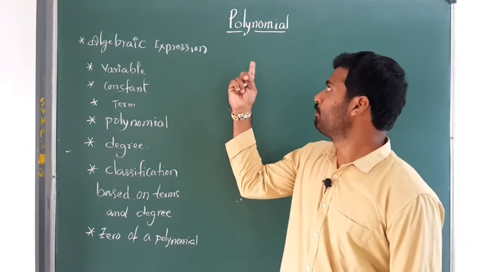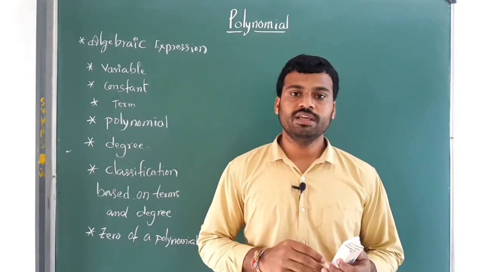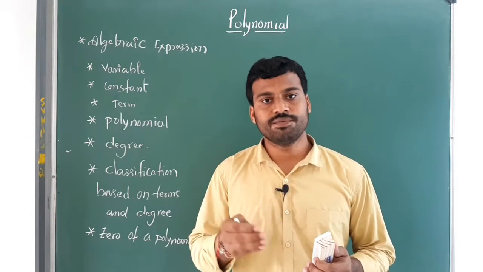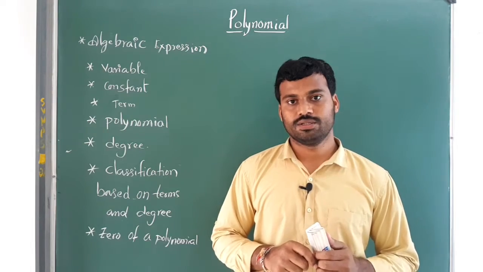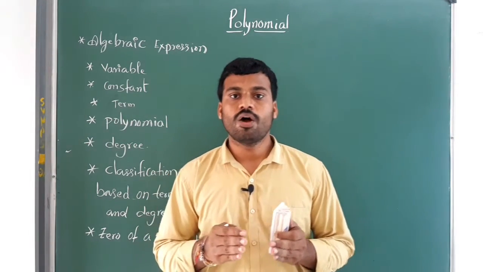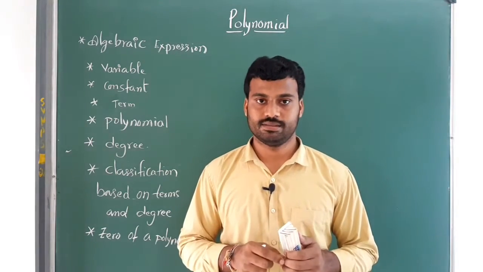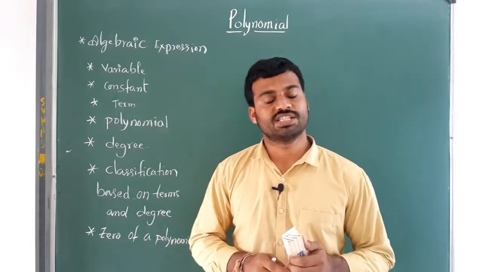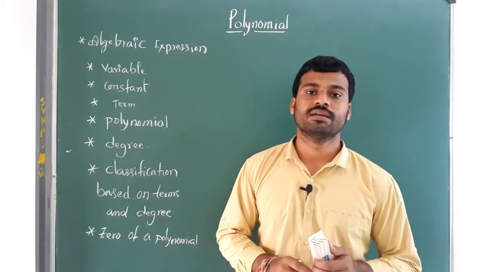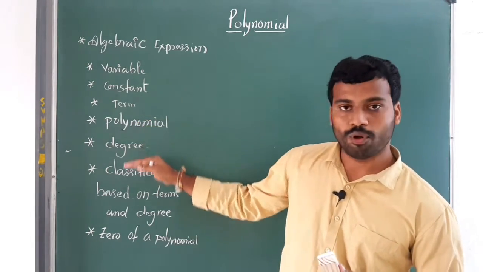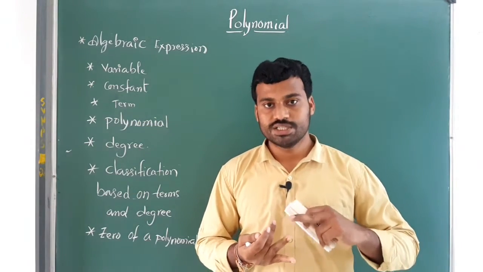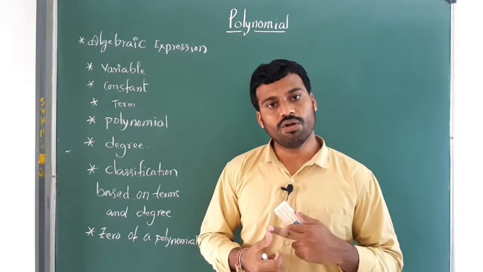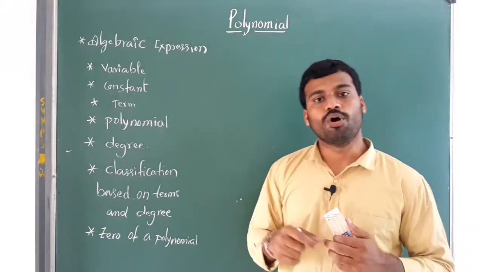Today's topic is polynomial. Before going to today's concept, we have to remember some basic concepts which we already learned in the 8th standard. In 8th standard, we learned algebraic expressions and identities. In that we covered what is an algebraic expression, variable, constant, coefficients and terms. From this chapter onwards we are going to learn polynomial in one variable, zero of the polynomial, zero polynomial, remainder theorem, and factor theorem. These are all we are going to learn in the class 9th polynomial chapter.